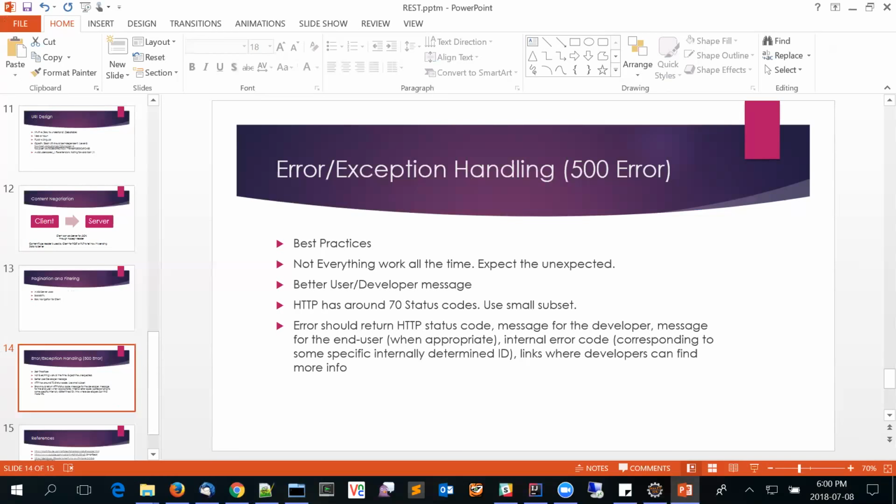And then coming to the last point, you should have a proper status code, and then a message for the developer, a message for the end user, your own internal error code to figure out what might have happened, and links where